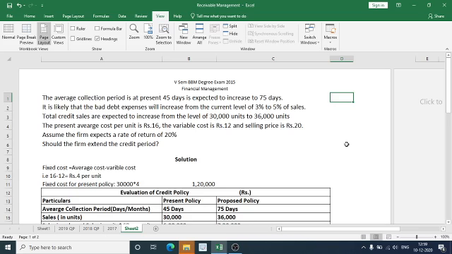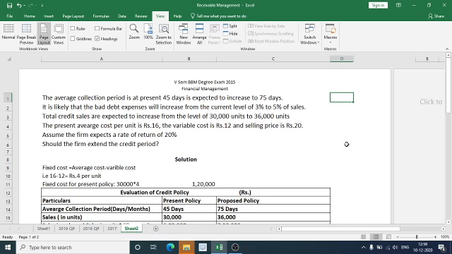Dear students, in this session we will discuss the Mangalore University BBM program 5th semester 2015 question paper problem with respect to the evaluation of the credit policy. So the problem will be like this: